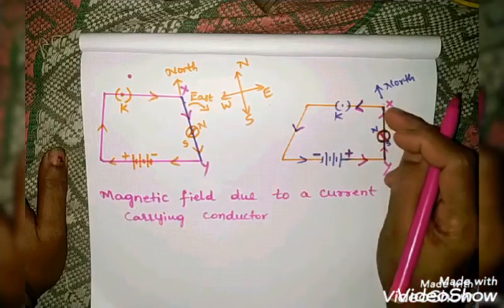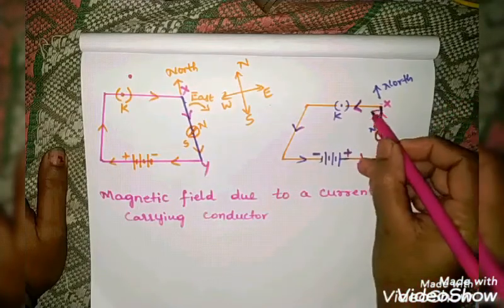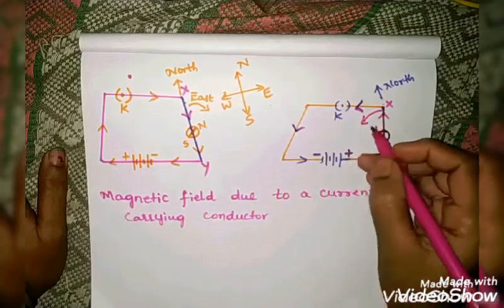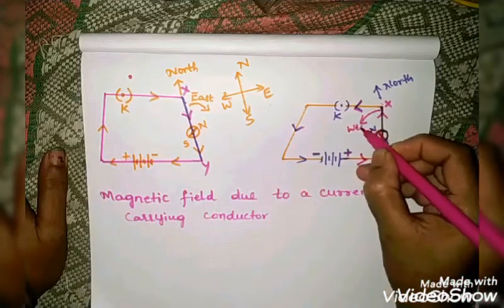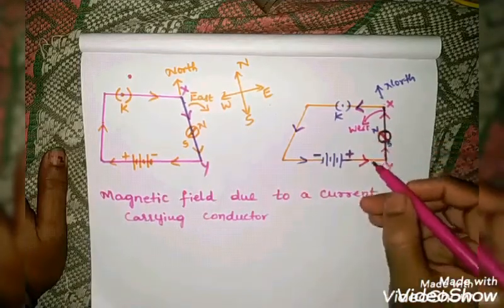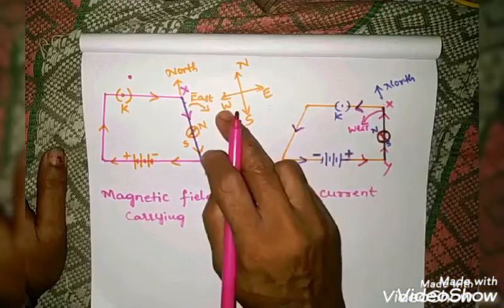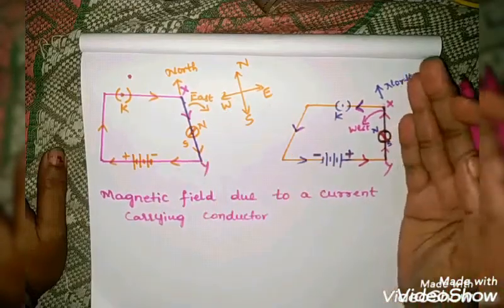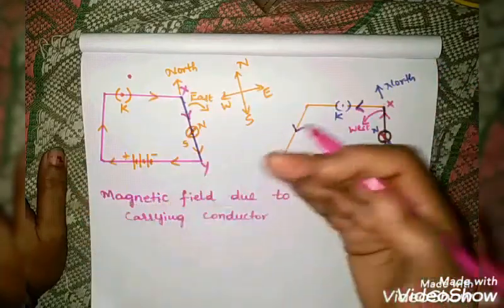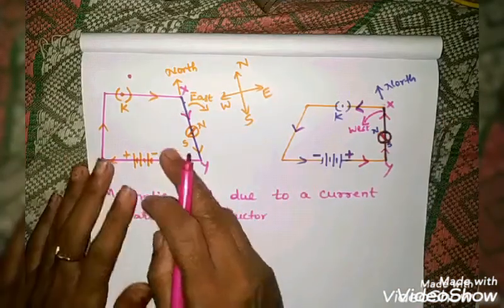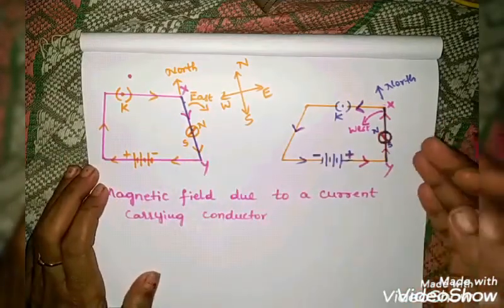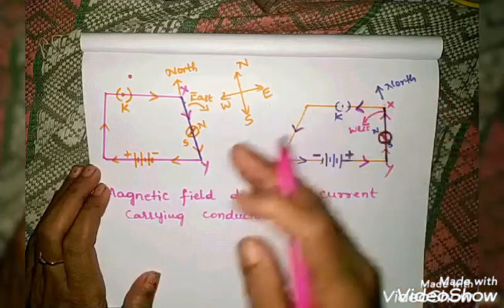When it is like that, the deflection is seen towards the west direction here. You can observe, children, this is which direction? This is the west direction. The deflection will be to the west direction. What do we mean by that? In the beginning, it was eastwards. In the next one, it is westwards.